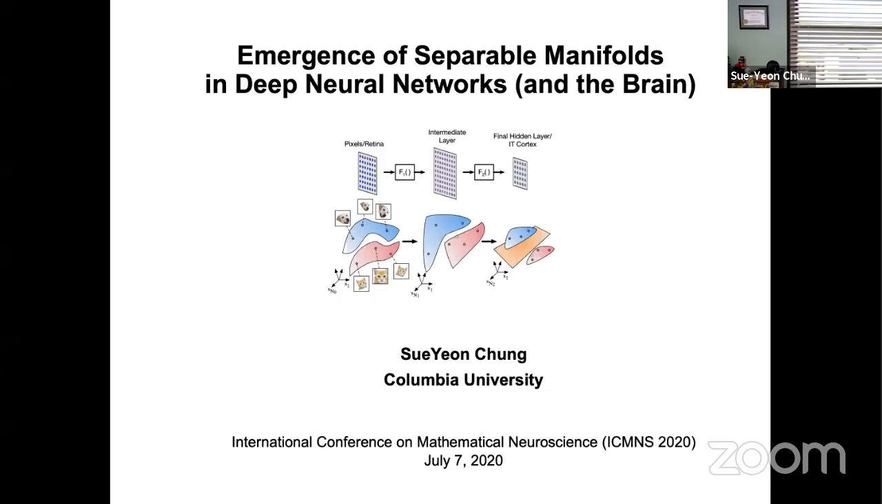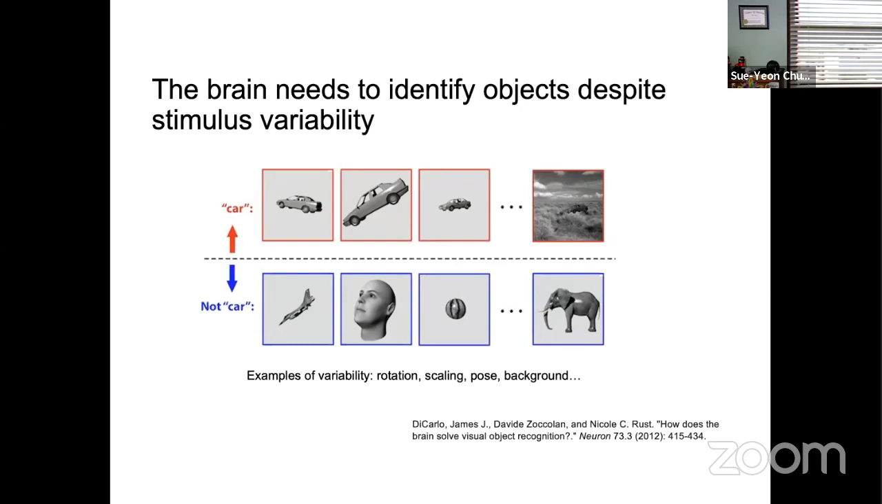So today I'll talk about an interesting geometry-based probing technique to study the internal representations of deep networks and potentially neural representations as well. So the motivation for this work comes from invariant object recognition, which refers to the brain's ability to distinguish between